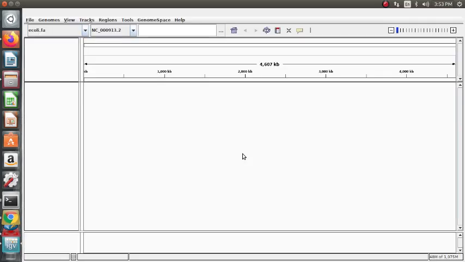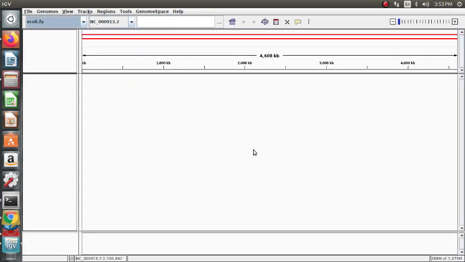Once this interface loads, we get the sequence at the bottom and the aligned BAM file on top.